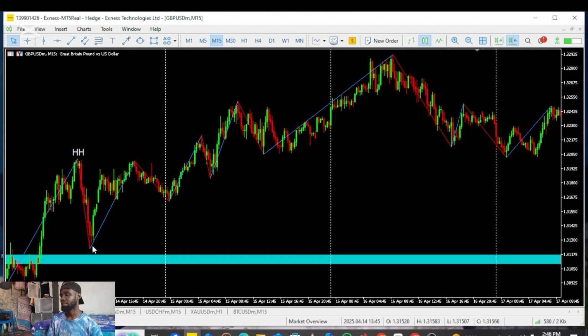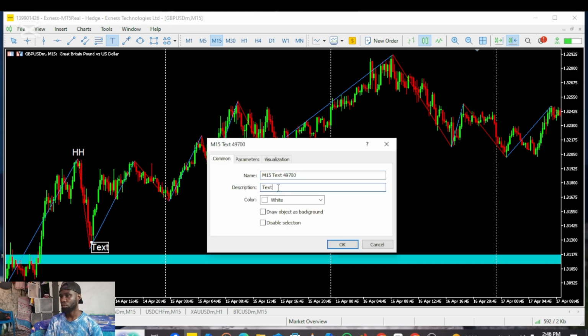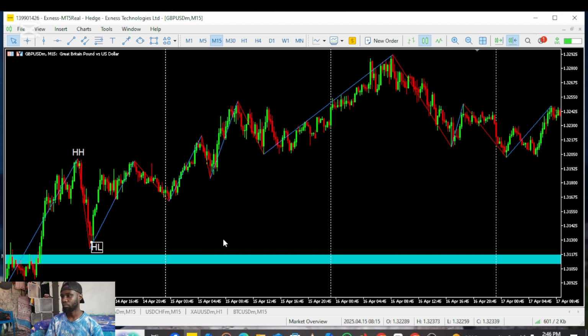Then it came back and created higher low, higher low, higher low, higher low, without breaking this low over here or this support over here, and go back and create